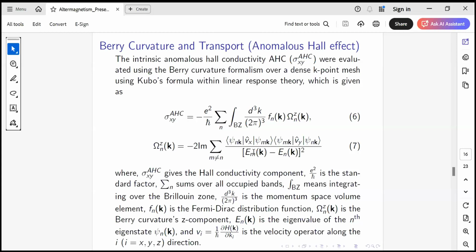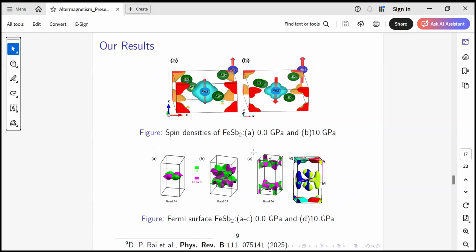If we integrate the Berry curvature over the whole Brillouin zone multiplied by the Fermi Dirac function, then we will get the AHC, the anomalous Hall conductivity. This anomalous Hall conductivity and Berry curvature are very typical features of ferromagnet type materials when you have spin splitting. So I'll come to my result. I will explain my result.